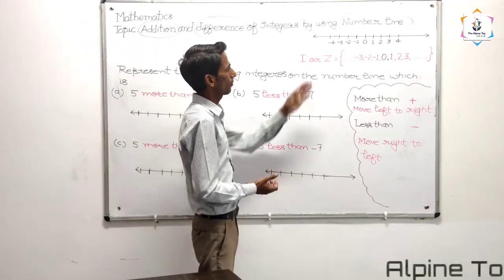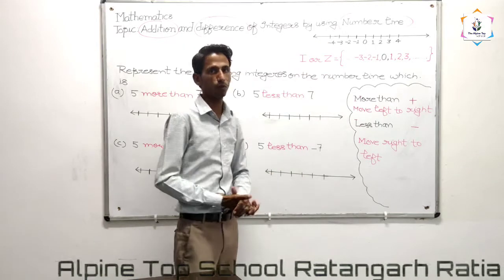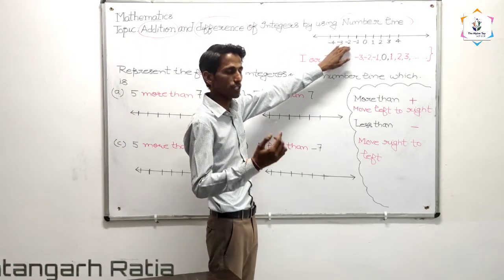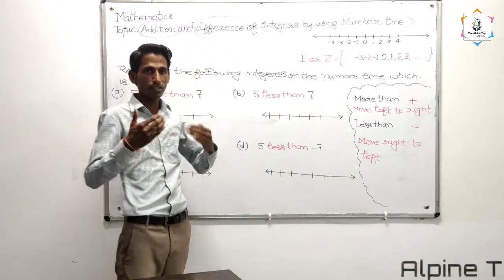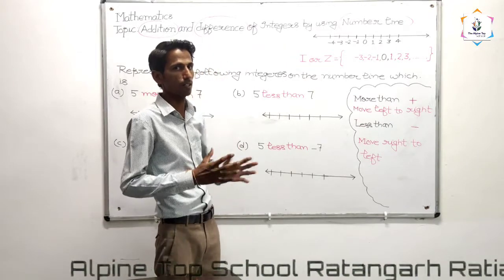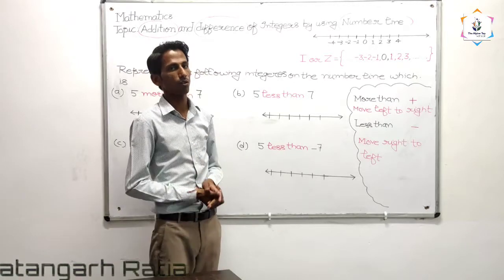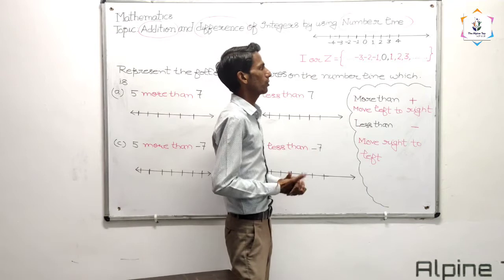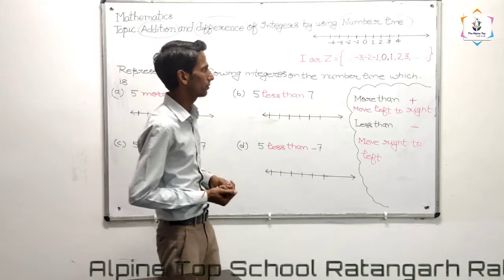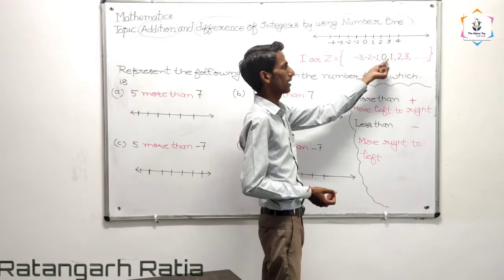See here, I have already represented integers on a number line as well as in the form of a set. What is the meaning of integers? First thing, whenever we represent the set of integers, we always use capital I or capital Z. Now what is the definition of integers? We can say the definition of integers is the set, or the collection, of all the positive numbers, their negatives and 0.